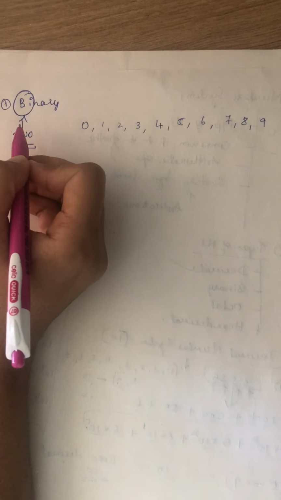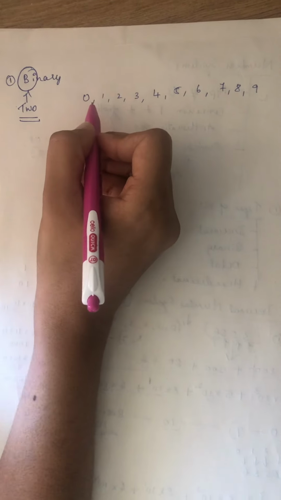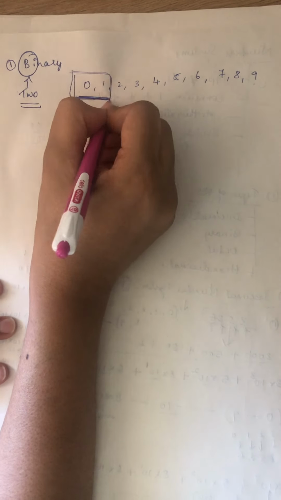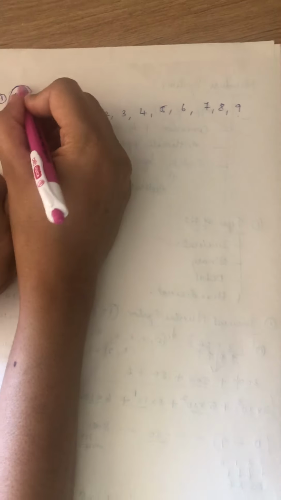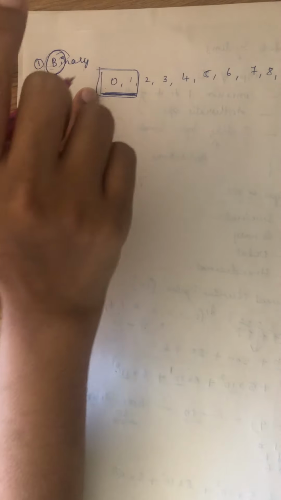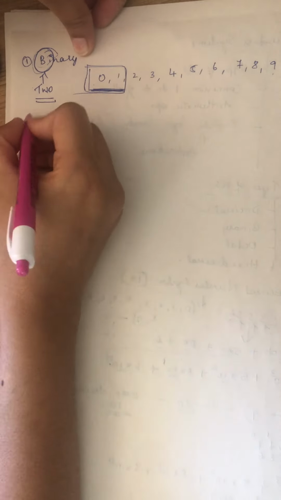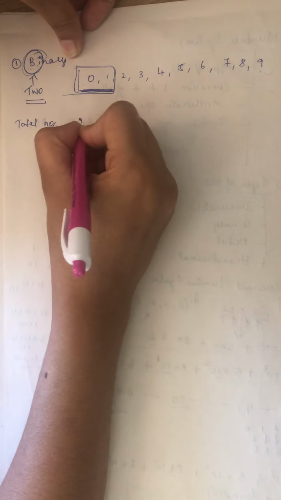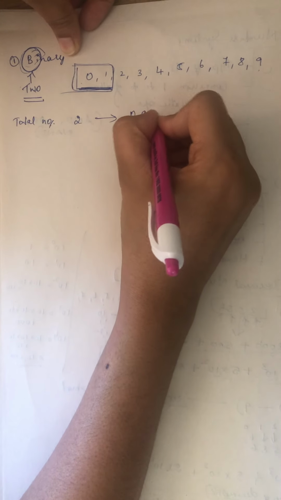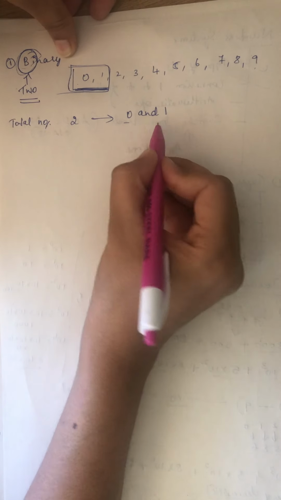So binary means I will have only 2 numbers. Our regular numbers start from 0 and end at 9. So what are the 2 numbers available at the beginning? It is 0 and 1. These are the beginning numbers of any number system. So I am having only bi, that is only 2 numbers are required for this particular number system. I am taking it as 0, 1. So the total numbers in the binary number system is 2. The numbers are 0 and 1. Here any number we will represent in terms of only 0 and 1. So this is the binary number system.